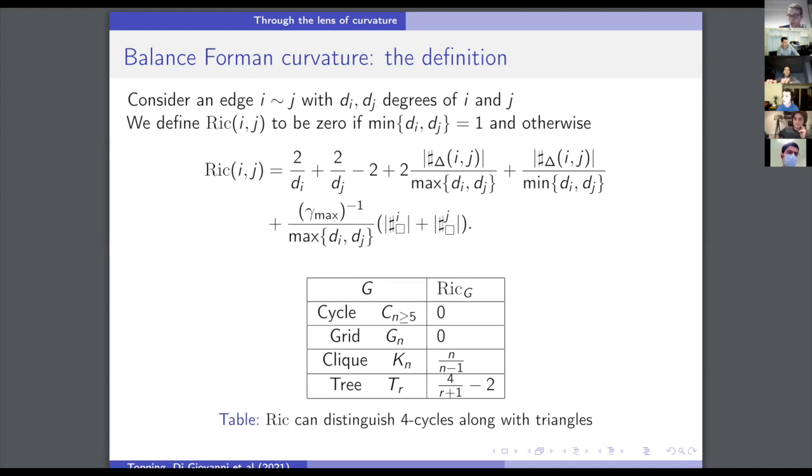Is Ollivier curvature local? Yeah, it is. It is local in the sense that it goes up to 5 cycles. This is the most it can distinguish for a given edge ij you're looking at. Thanks a lot. I have more questions, but maybe I'll let Yuri go first. Maybe we can cycle around. Yeah. Thanks a lot.